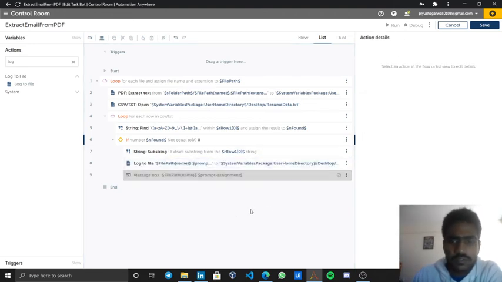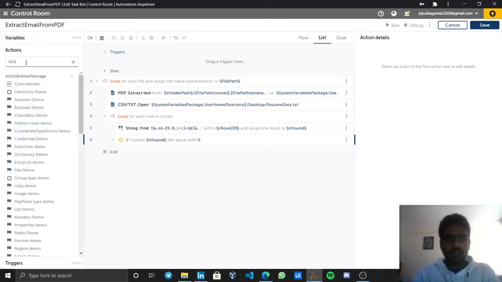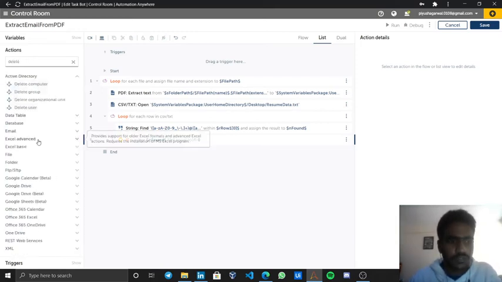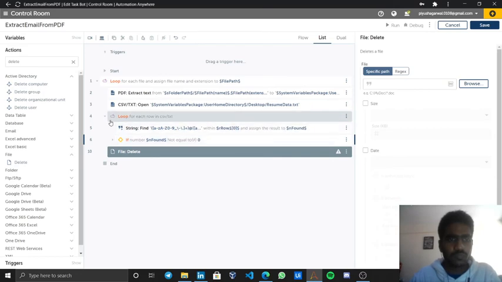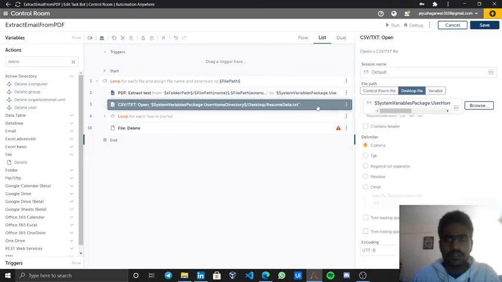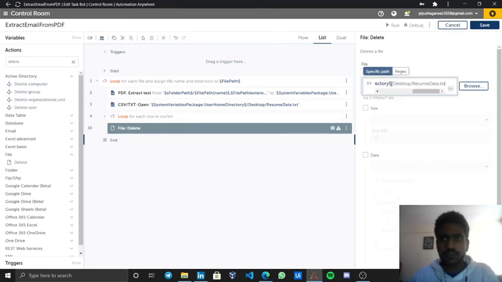Yeah, done. Once this process is done, I don't need this particular extracted text file anymore in my system, because its work is done. So I can search for delete file. I will drag it outside the loop. Once everything is done, just select the same path and provide it over here.